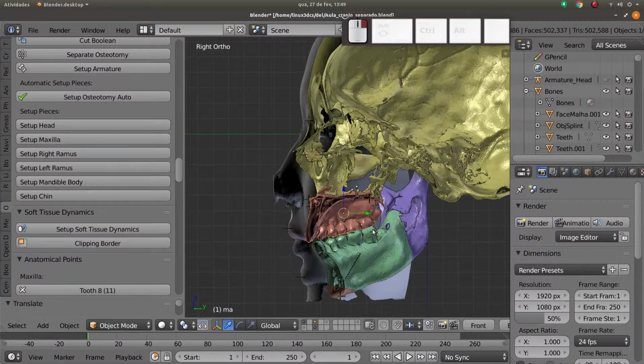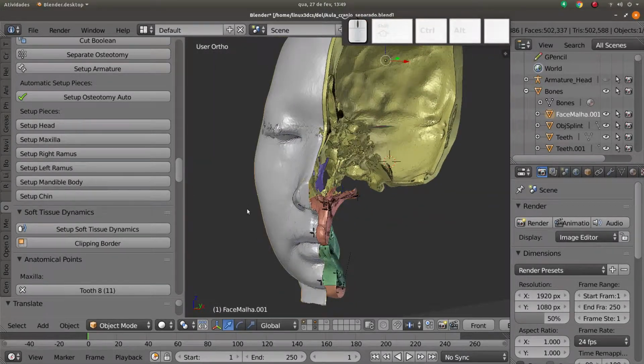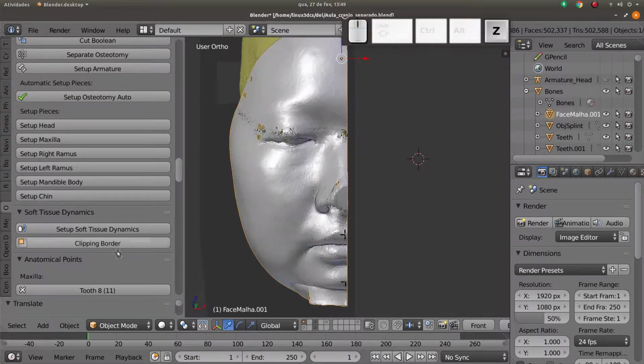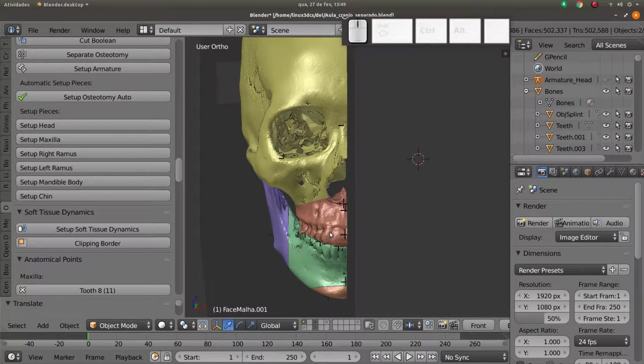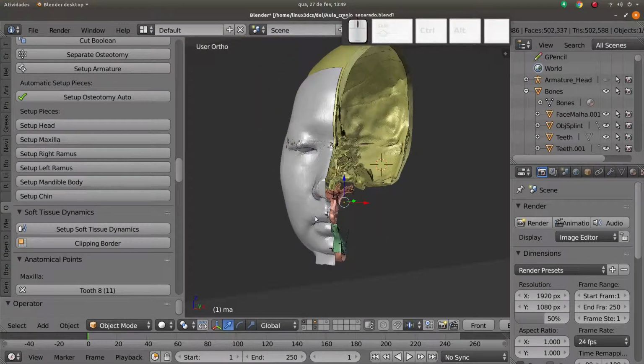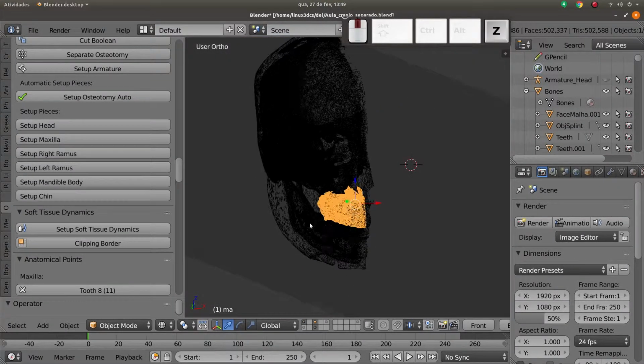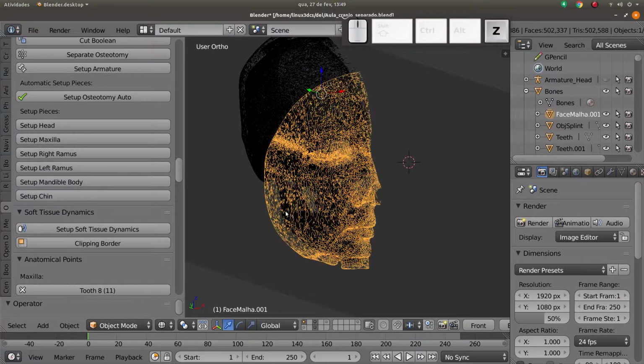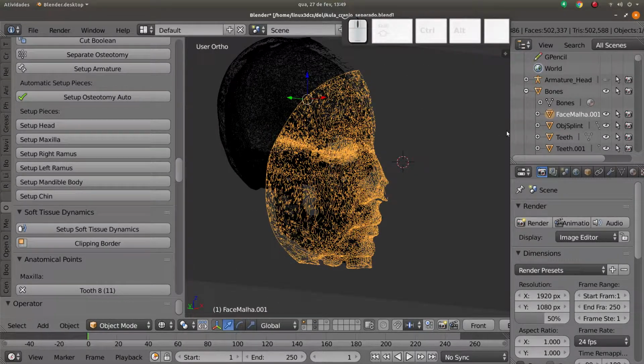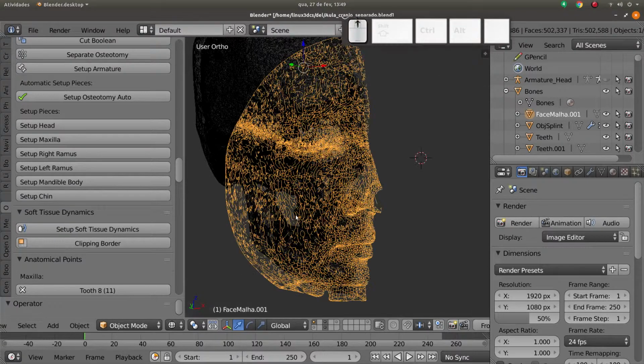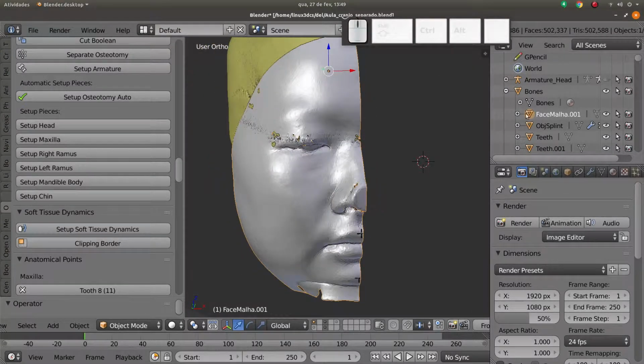Okay, look. But when I select the face and click setup soft tissue dynamics, oops, I forgot a thing. When you work directly with the CT scan, you have this. I pressed Ctrl Z to come back. You have this